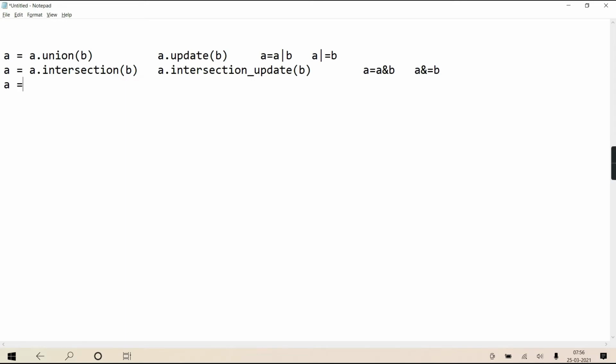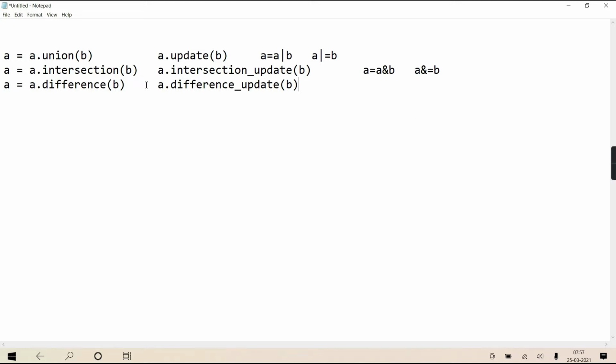Same is the case for difference. A difference B you will write, but the result you are collecting in A only. So if you want that result directly to be updated in A, there is another easy option, A.difference_update(B).